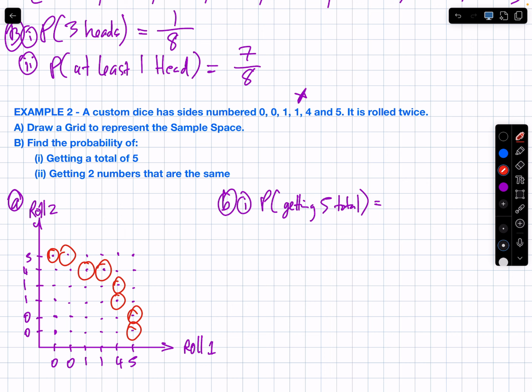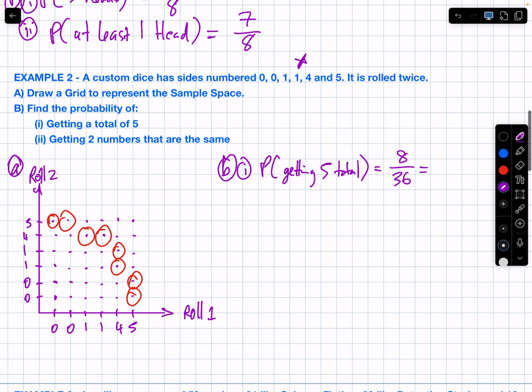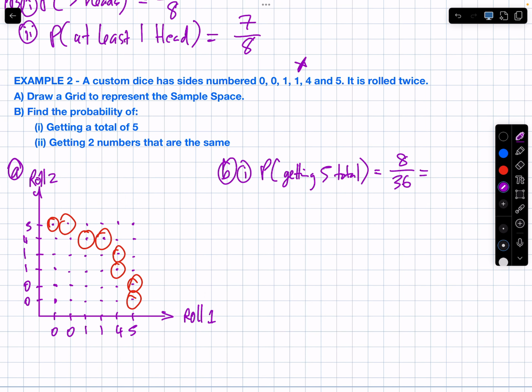Good. So probability of getting 5 total. 1, 2. How many things did I circle? 1, 2, 3, 4, 5, 6, 8 out of, what was the sample space? 36. Done. You're not done quite yet because that's cancelable. It's an even number. 4 over, is that 18? And then 2 over 9, not cancelable. 2, probability getting